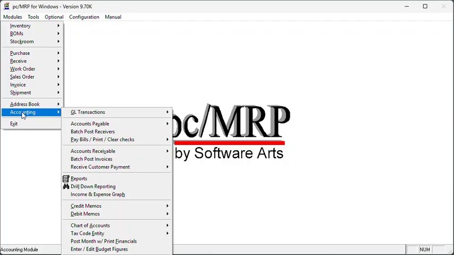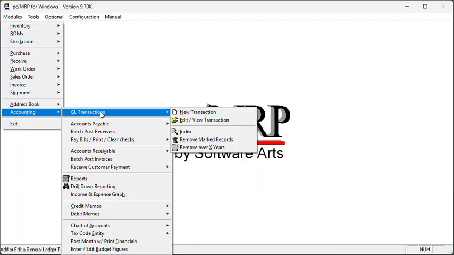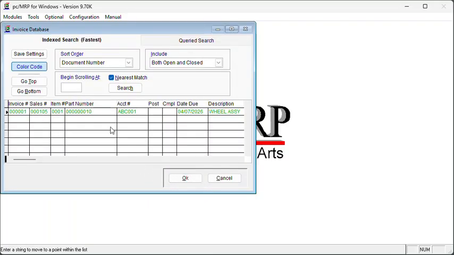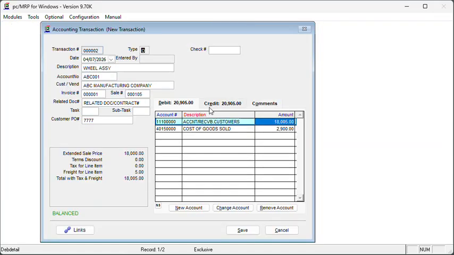The accountant can post this invoice by selecting Modules, Accounting, General Ledger Transactions, New Transaction, Register Accounts Receivable Invoice, and press OK. I will select my invoice and press the OK key. Notice PCMRP has automatically debited accounts receivable and cost of goods sold. If I press the Credit tab, I will see it has automatically credited business income, freight income, inventory, and inside